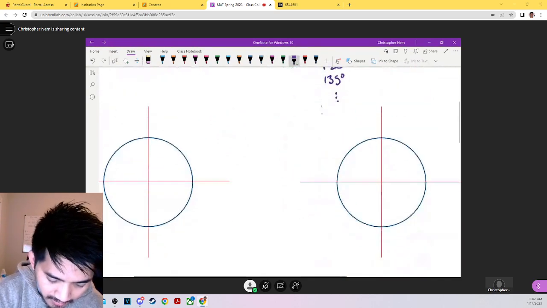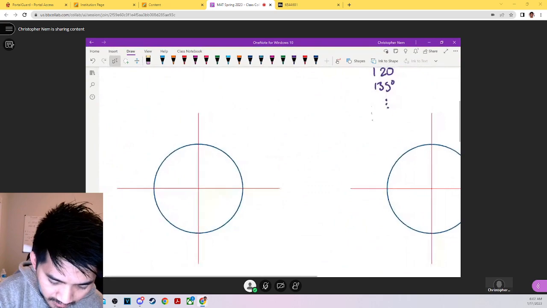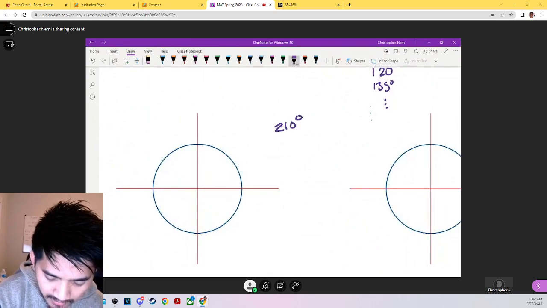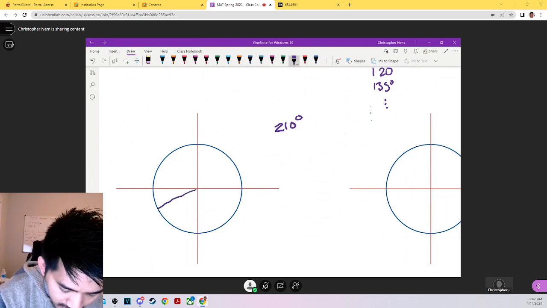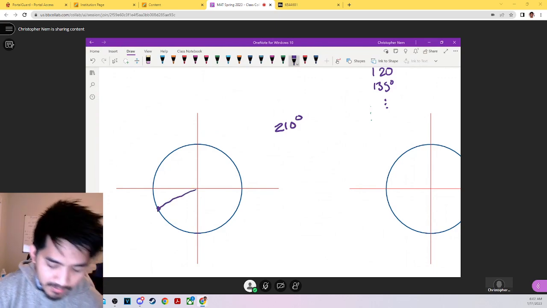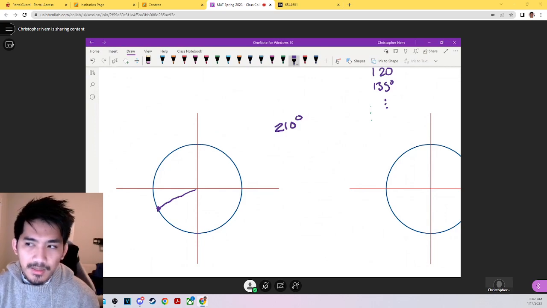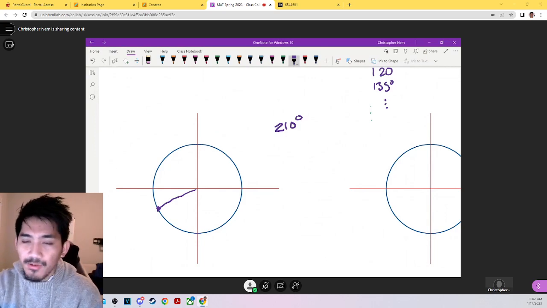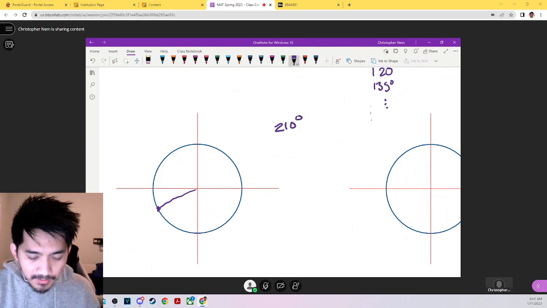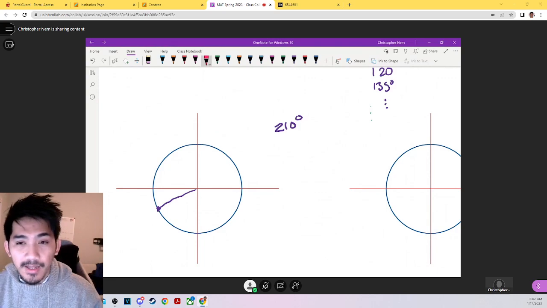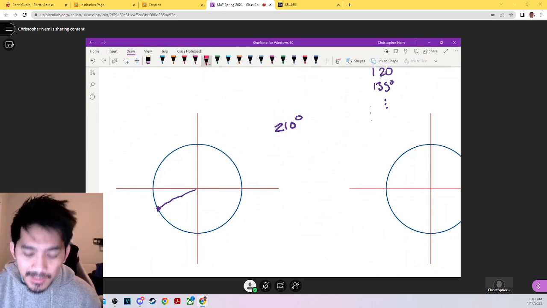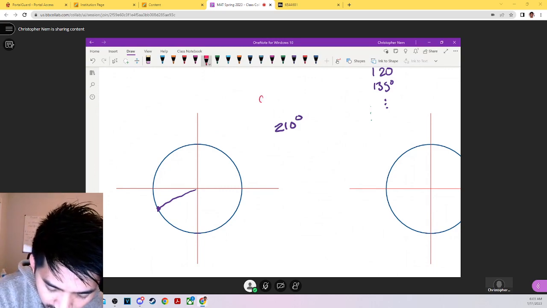So I made some unit circles over here. 210 degrees. Now 210 degrees is around somewhere right here. Right? But I don't know how to deal with this because when I do my right triangles, they have to add up to 180 degrees. So the first thing you need to do is make sure it's a coterminal angle that's between 0 and 360. Thankfully, this is between 0 and 360. The next thing you need to do is calculate